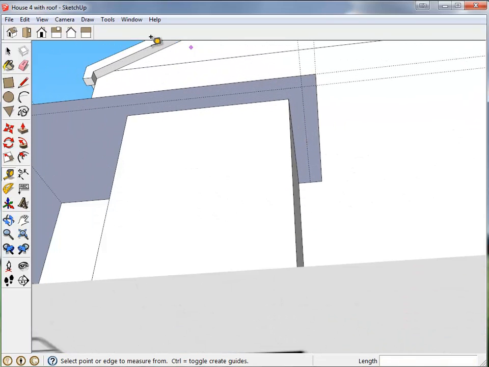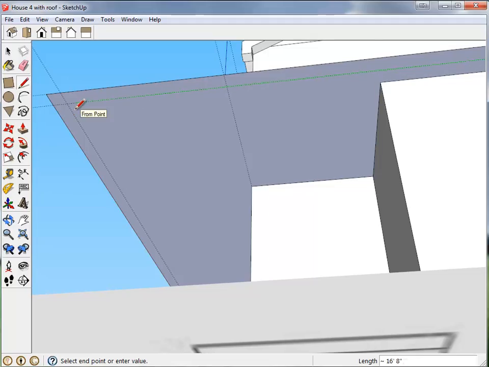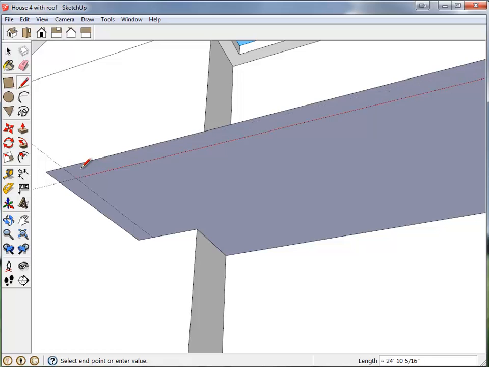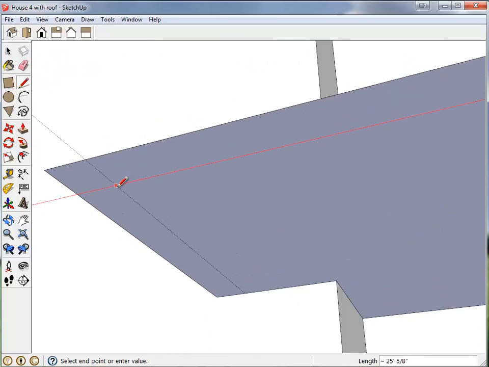Alright, now that we have those lines in place, with my rectangle tool, or actually choose the pencil tool, we'll click to the intersection points, making sure we don't go all the way to the edge to complete